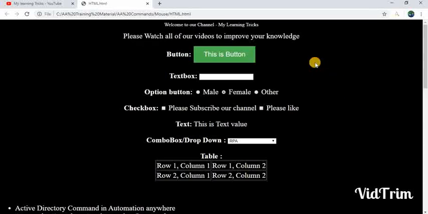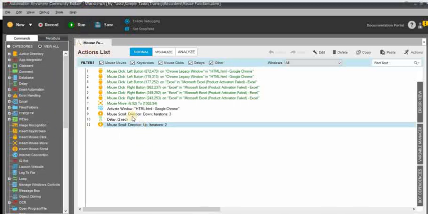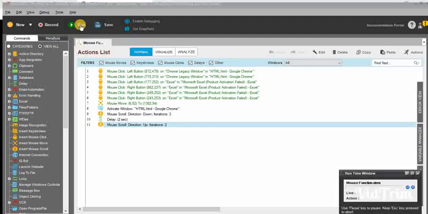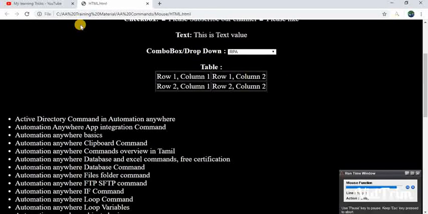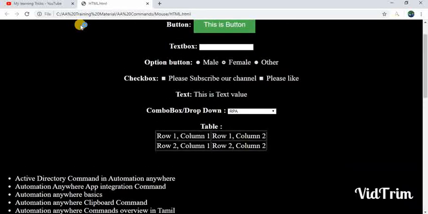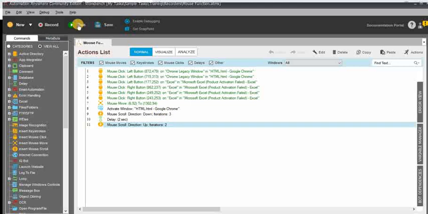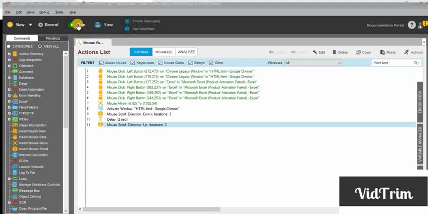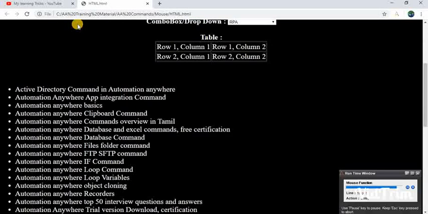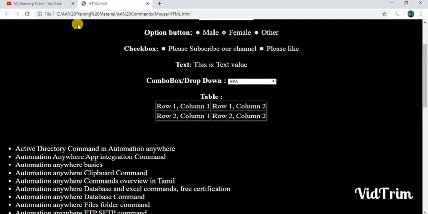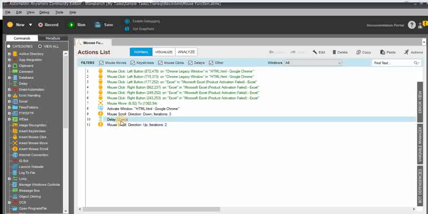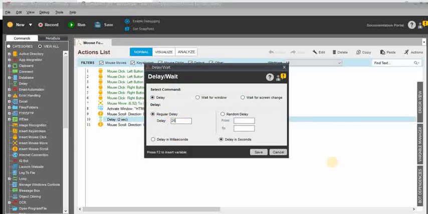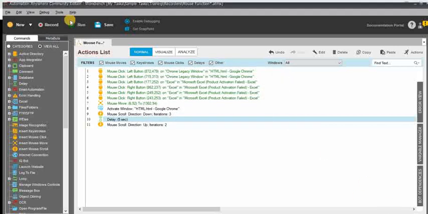So first I will keep the mouse at the top of the web page. I have executed the task, the runtime window has been started. It will activate the window. It's activated, it scrolls down 3 times, as well as it's delayed for 2 seconds, then scrolls up 2 times. Hope you can see all the results, right? So I'll execute the task once again so you can see the results clearly. I have executed it, you can see it scrolls down 3 times, waits for a delay of 2 seconds, and after that it executes the scroll up. If you give a longer delay, like 5 seconds, you can see it clearly.